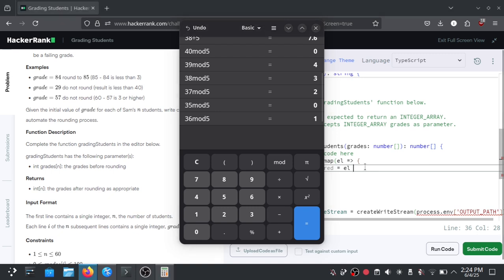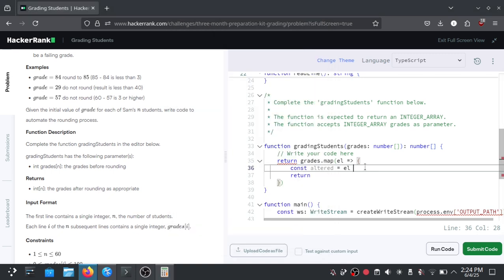So we can just use modulo 5, and if the result is below 3 then we are not going to round. I'm using the ternary operator, which is the same as if else.